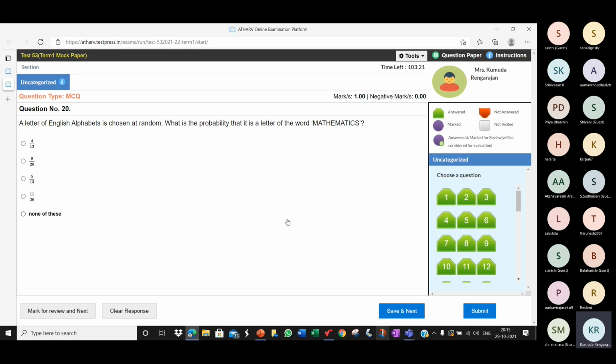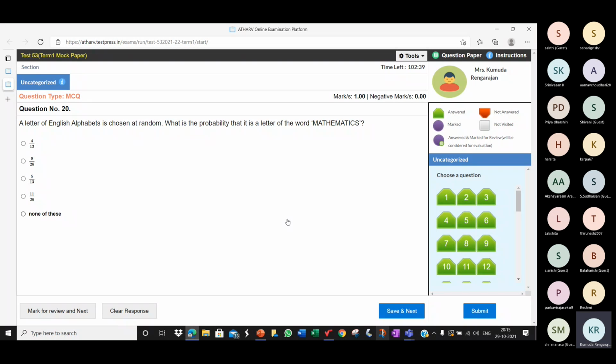In the word mathematics, we have the letter M, the letter A, the letter T, the letter H, E. Don't say M, A again. We already said that it has the letter M, it has the letter A, we already said T. So it has I, C, and S. The letters in the word mathematics are M, A, T, H, E, I, C, S. So M, A, T, H, E, I, C, S makes 8 letters. In the word mathematics, there are 8 letters out of 26 letters in the English alphabet.